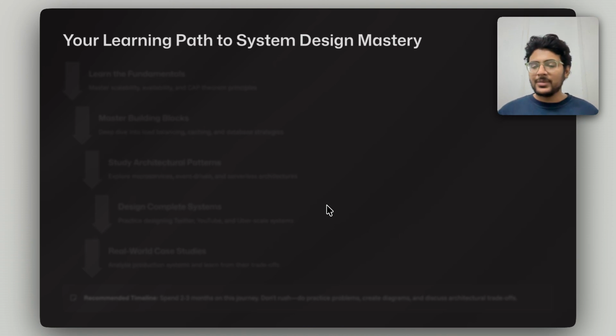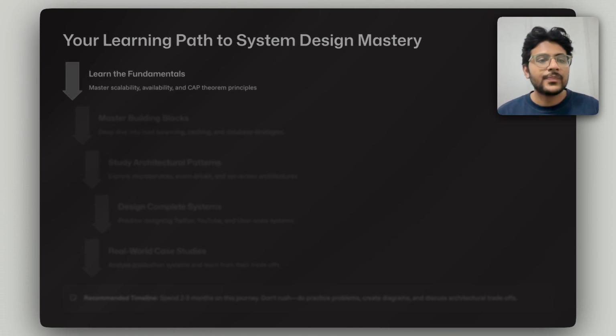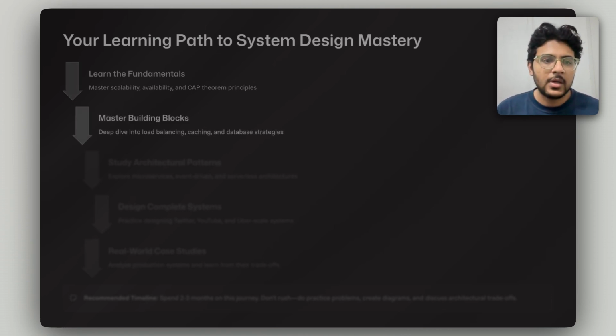All right, let me give you a very simple path that you can follow while learning system design. I just added some basic topics, but system design is a vast domain, and there are a lot of things you should understand better. First you should learn the fundamentals: what is scalability, what is availability, what is CAP theorem. Then you should understand the building blocks, where you cover things like load balancing, caching, and good database strategies.